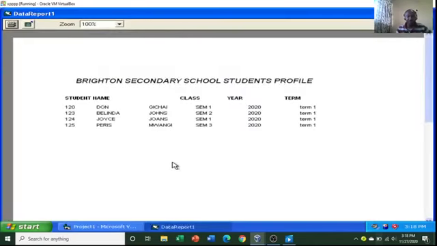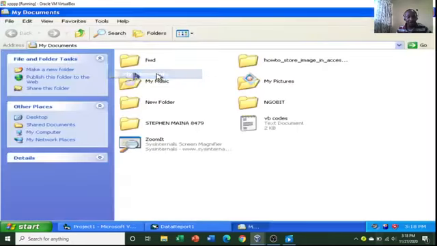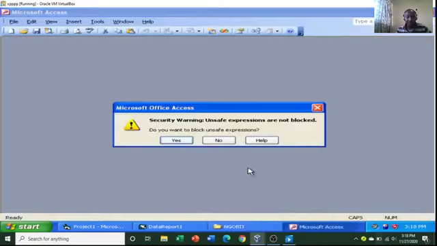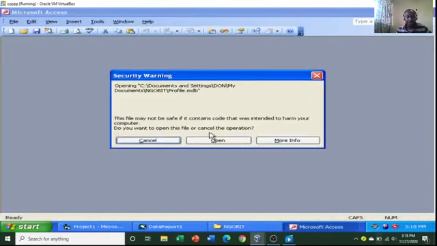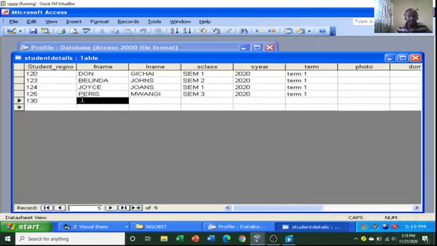Therefore, you'll be in a position to see that we have created a report through connecting it to Microsoft Access. And this data here, if you go to My Documents, then you go to this part here. You just go to our profile database. This is our database. And then you go to student details. This is what we have. Therefore, it is reading data from this table. In that, when we add more guys here, if we add more guys here and see